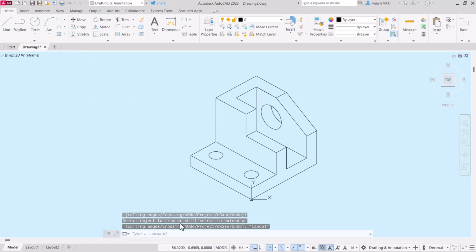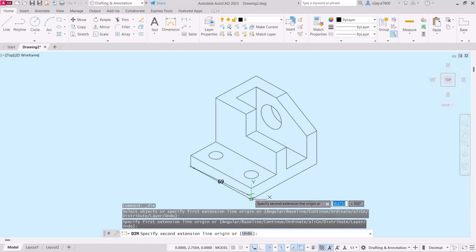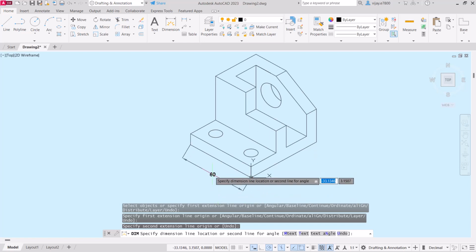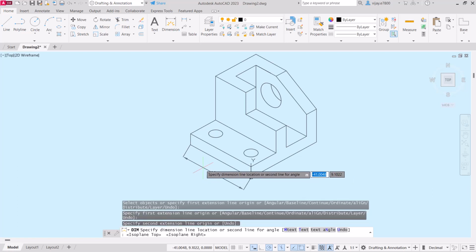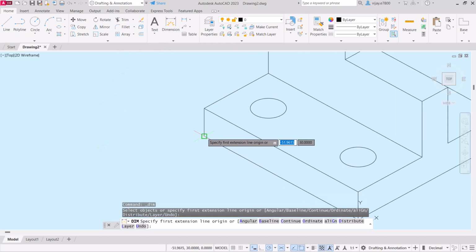Now the next thing that we need to do is provide dimensions. So use dimension, start from any specific point and provide these dimensions. So how can you draw these dimensions? Basically the dimensions that you are seeing are not at the perfect angle that you want. So what you are going to do is make these dimensions oblique later on. Okay, so I was shifting isoplane. Okay, start the dimension from this point